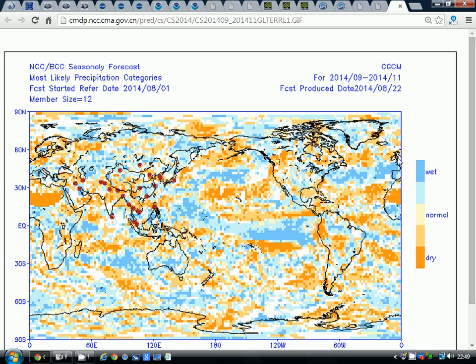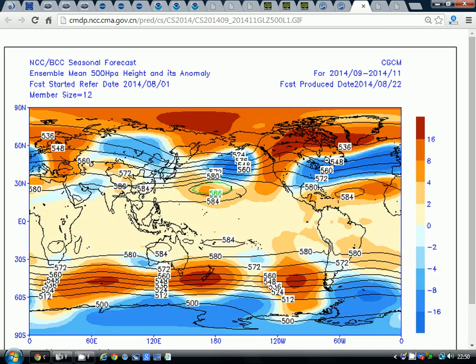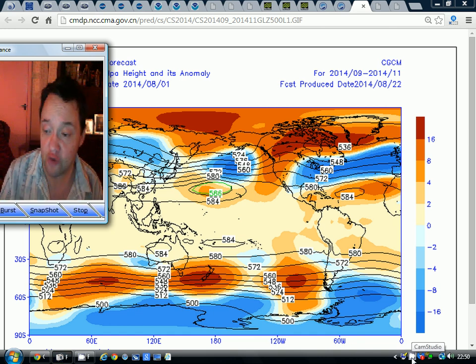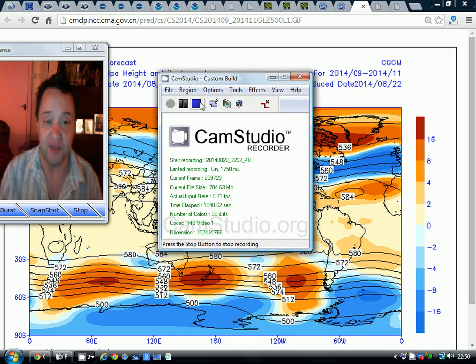I think this wet band here through the central part of the Atlantic will definitely be impacting the British Isles on that sort of 500 millibar height anomaly prediction. So that's it. That is all the models that I've got to look at. Very interesting they were too.